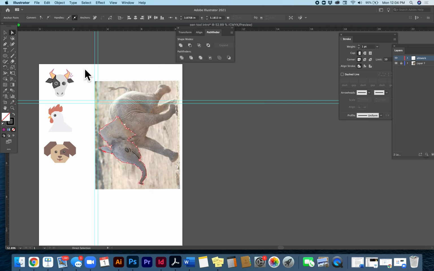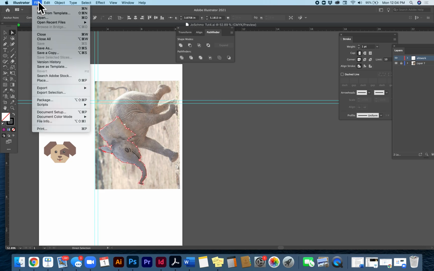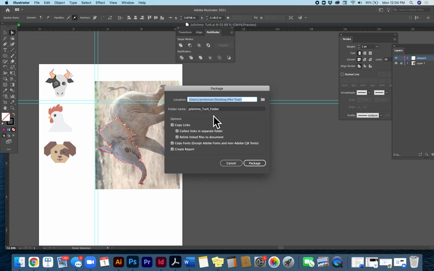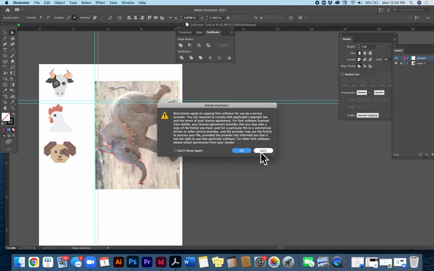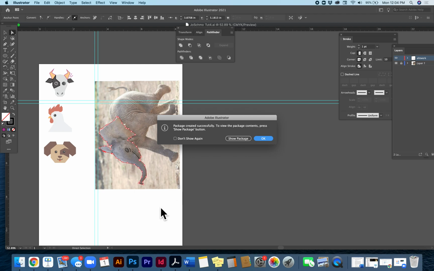Okay, actually what I should do is have you package it. We talked about this before. It will make a whole little folder, the Joe Schmo Tutorial 4 folder. It will collect the linked files and keep them linked in there. So right now, what files do you have linked? You have the source files, the animals and the elephant. I don't really need those to grade it because I'm just grading whether you made curvy Illustrator points and straight Illustrator points or whatever. But it's good